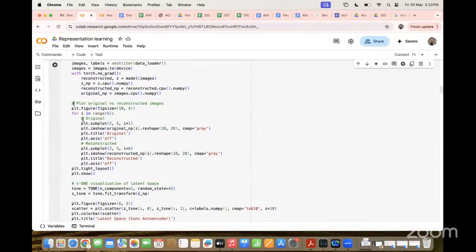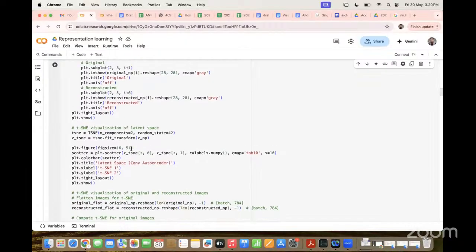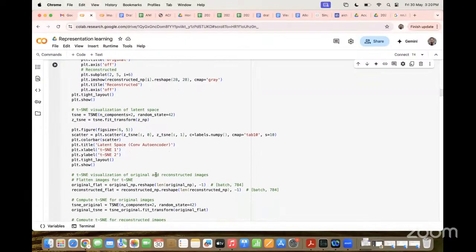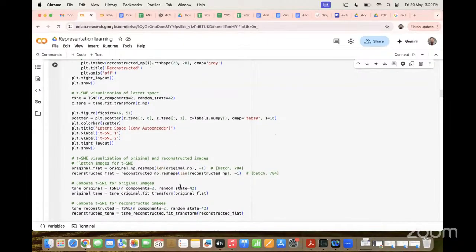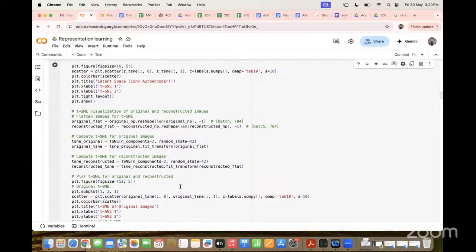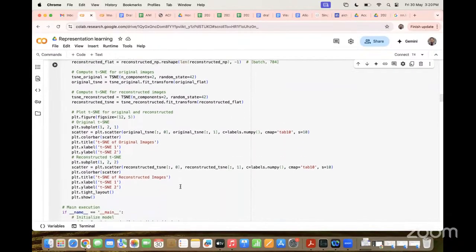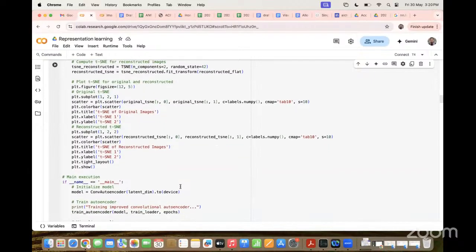Here we define the original image and the reconstructed image, so the difference between them. Here we call our main function, so that's why all the training loops and then the visualization is in one.